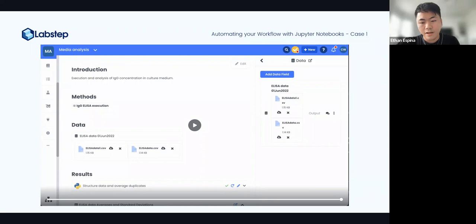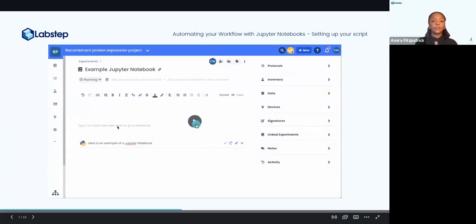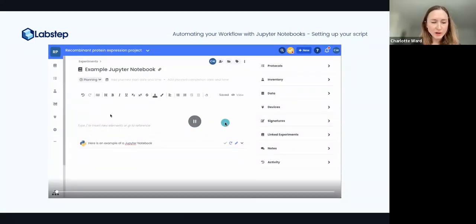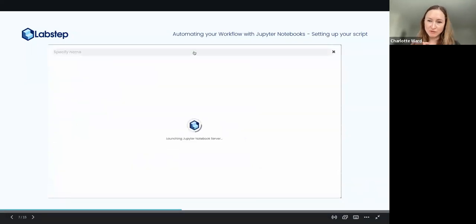Super useful. We do have one question in the chat here. How do you create a notebook in an experiment? Sure. Maybe we could very quickly go back and look at that. Amira, is it possible to go back a slide? Yeah. So this is the video again. Sorry, it's quite quick, but you can sort of see I'm just typing in a / and then writing Jupyter